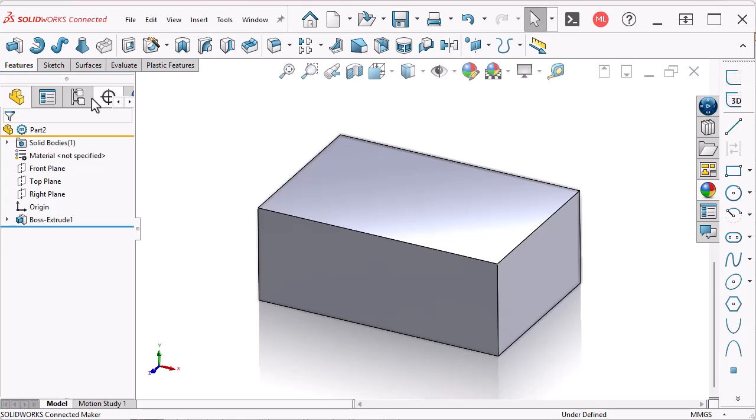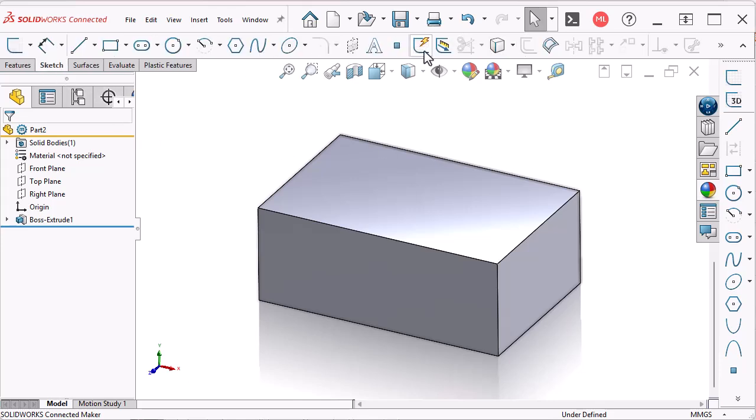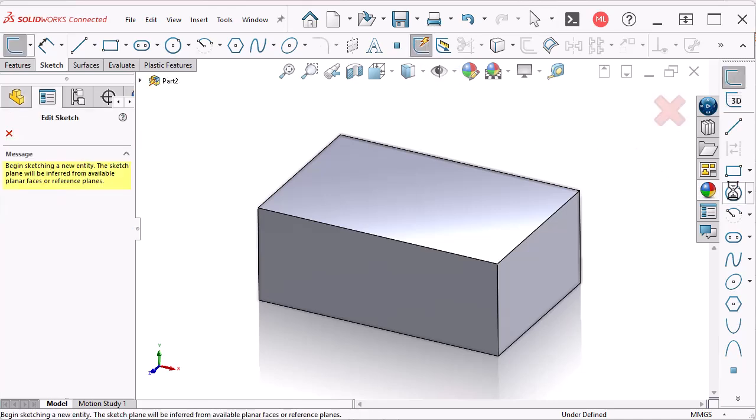I'm going to switch over to the Sketch tab here. There's a function in here called Rapid Sketch. There's also a function called Instant 2D, which you shouldn't confuse with Instant 3D, and we'll go through what both of these mean. Instant 2D we'll hit in a later video that talks about dimensions. But Rapid Sketch is about getting in and out of your sketches very quickly. Rapid Sketch is turned on. It allows us to just hover over a face or a plane,